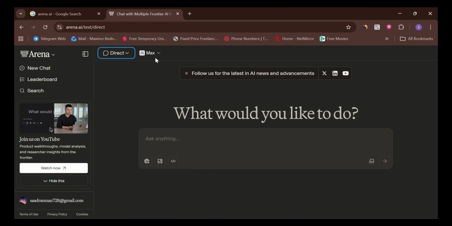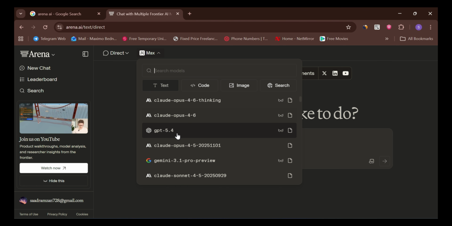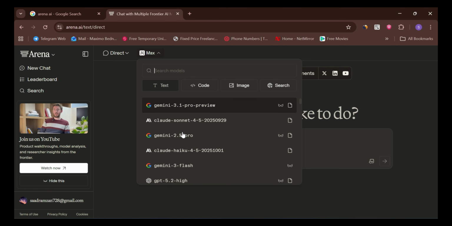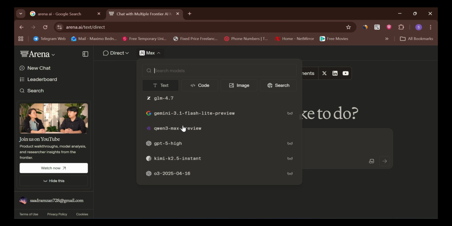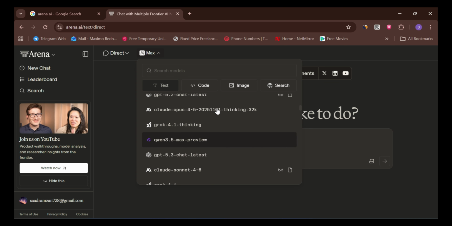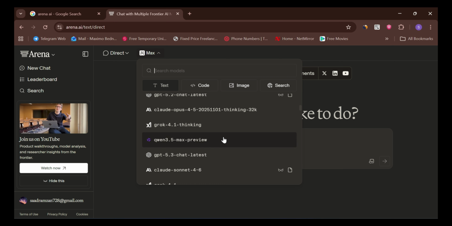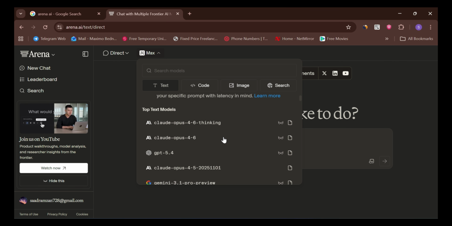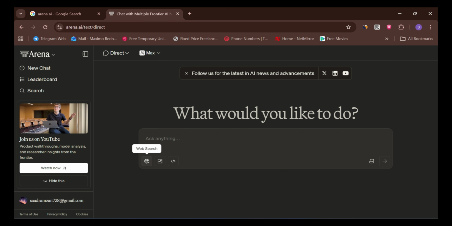Every tab has its own benefits. With Battle, you can go for multiple tool battles, like on one side I use ChatGPT, and on the other side I can use Gemini AI. So then I will go for the battle for everything. Okay, for direct, you can also use only one AI tool for image generation, for search, coding, and videos as well. Okay, I can do everything in this AI. Don't forget, every step matters.